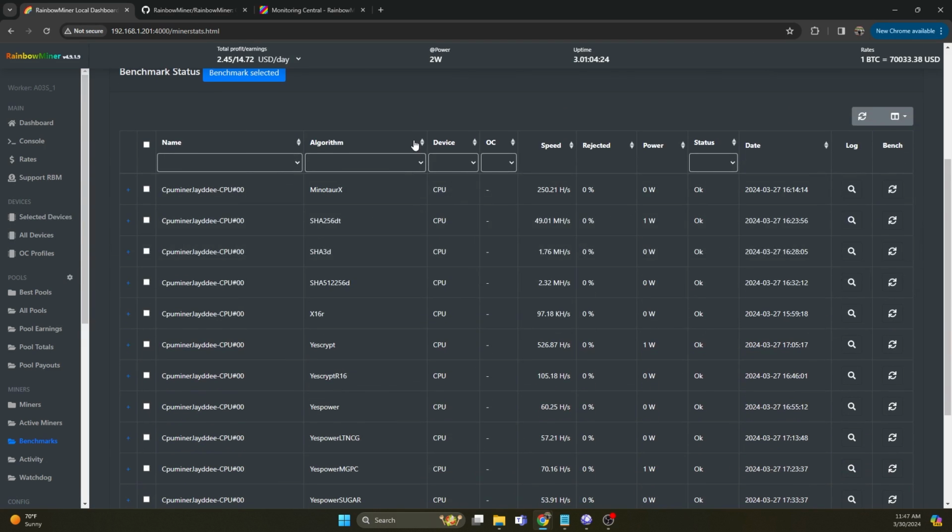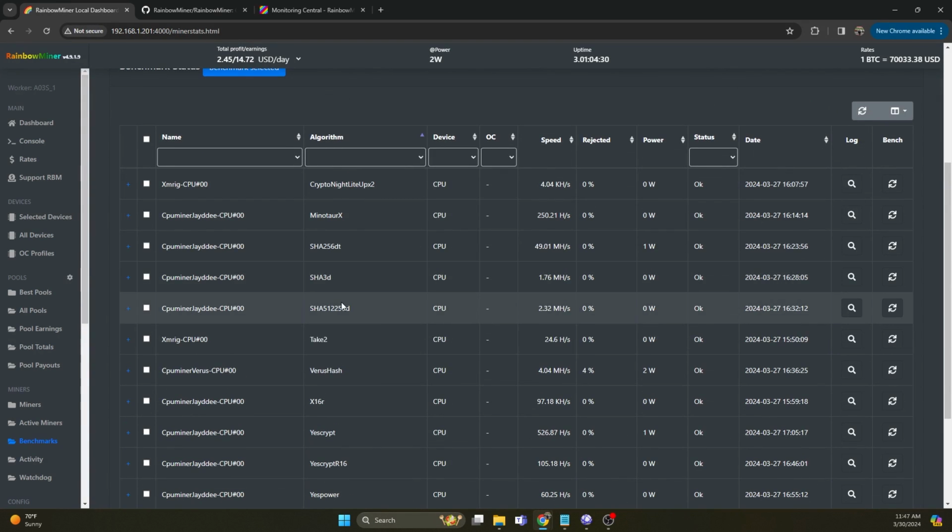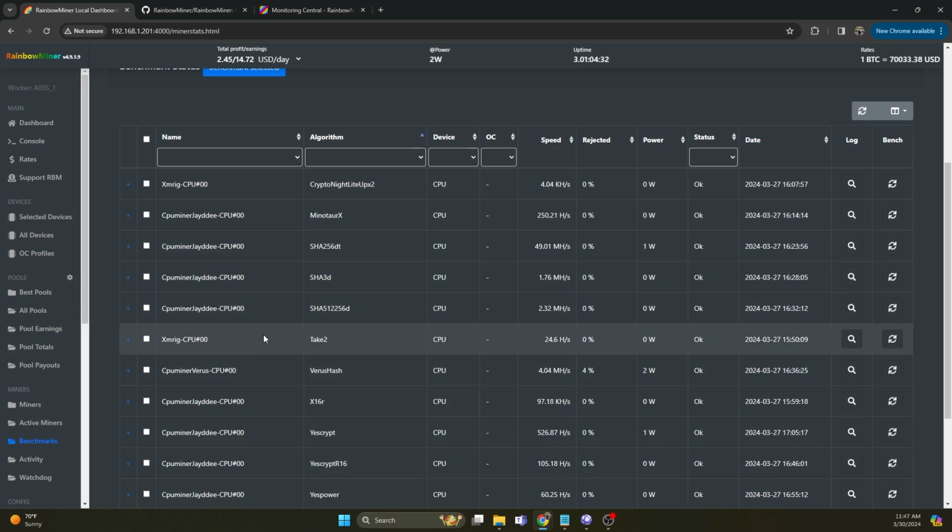So if we hop on over to benchmarks, I'm going to sort by algorithm. These are the algorithms that are supported. Now, there are a few that I have excluded, and the reason I've excluded those is they actually crash on the A03S using the miner when running in userland. And so we have, if we hop on over to setup,